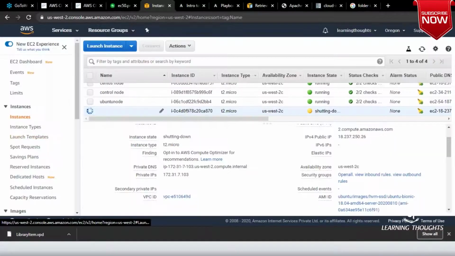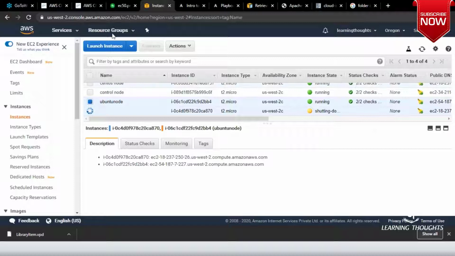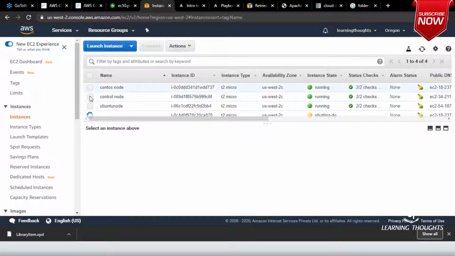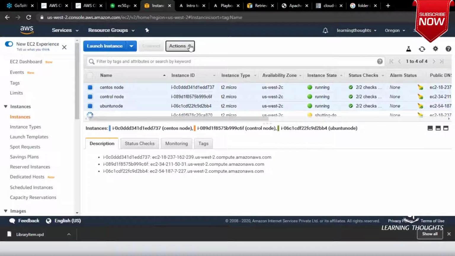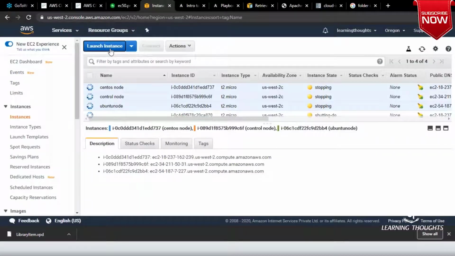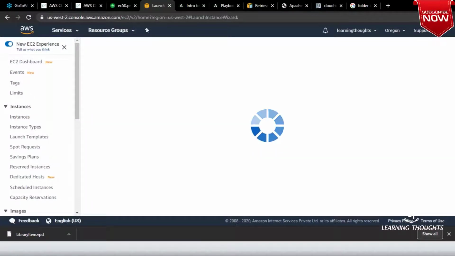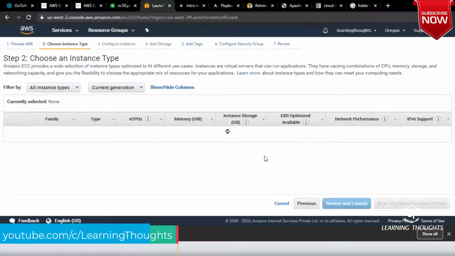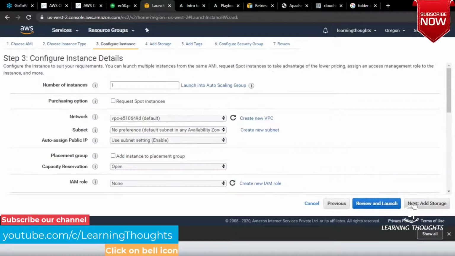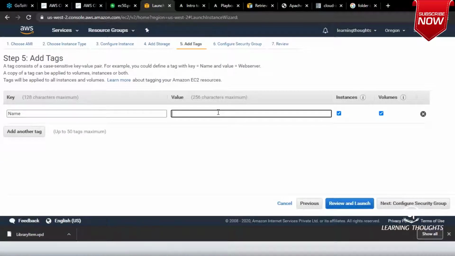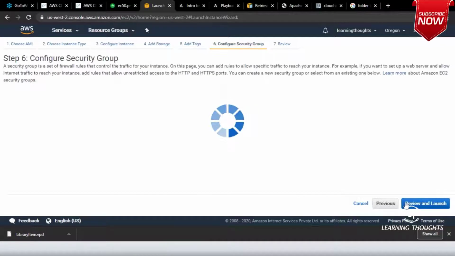I'm removing this machine. And let me stop these 3 machines, because I'm using them in my DevOps class and I don't want to spoil them. Let me create a new machine. I'll be creating an Ubuntu instance. Let me call it LVM.